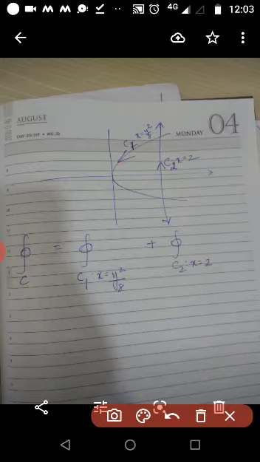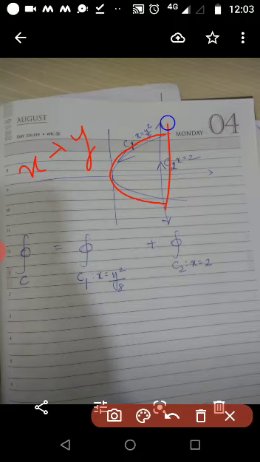So changing x in terms of y is better, because this whole thing can be treated as one curve when I choose x is equal to y square by 8. And from here to here, x is 2. So this is a better option. There is less work. So this is a hint for your problem number